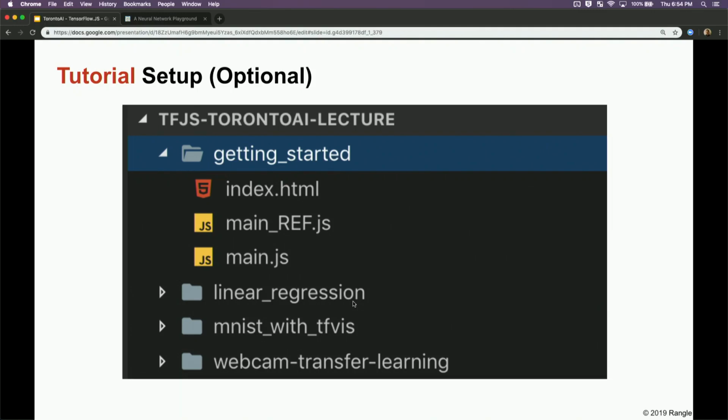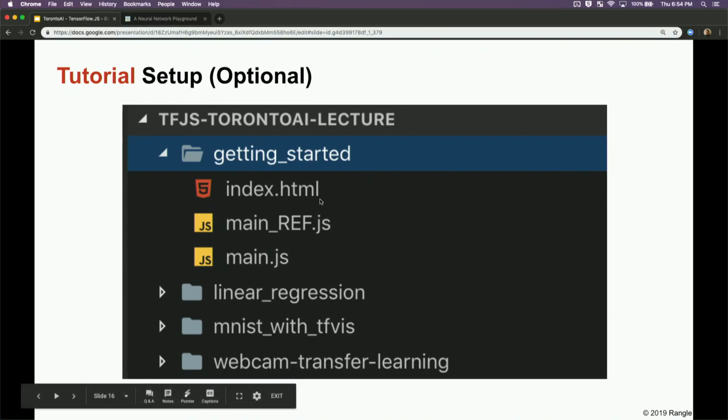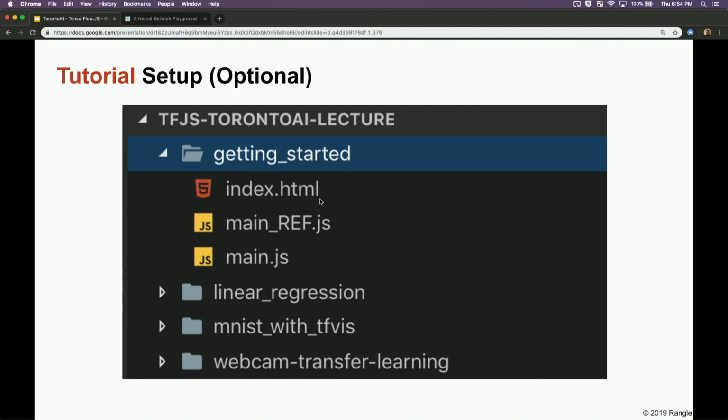Okay, so if you're following along, you're going to see in the root directory, I've organized these 4 topics into 4 different folders. If you're new to JavaScript, HTML files define all the elements that exist in your web application or on your web page, where these things are and how they're laid out, in a nutshell. And then the JavaScript files provide all of the logic that makes the magic happen behind the scenes. So the main.js files, many of these are empty templates that we're going to fill out together. And if you want the completed code, that's in the reference file.